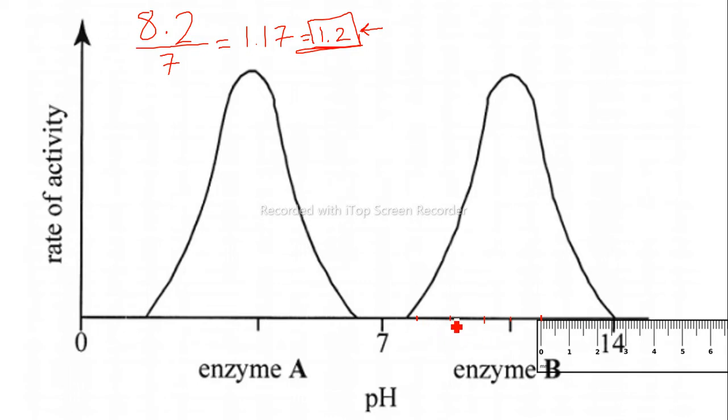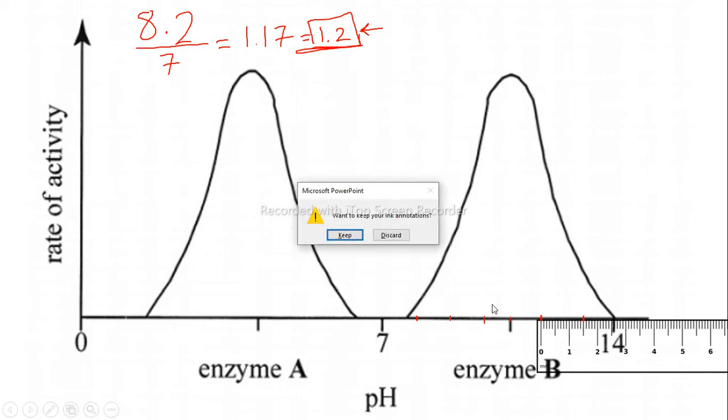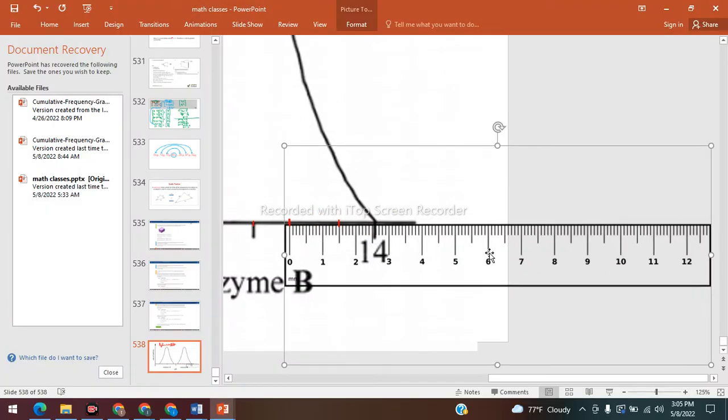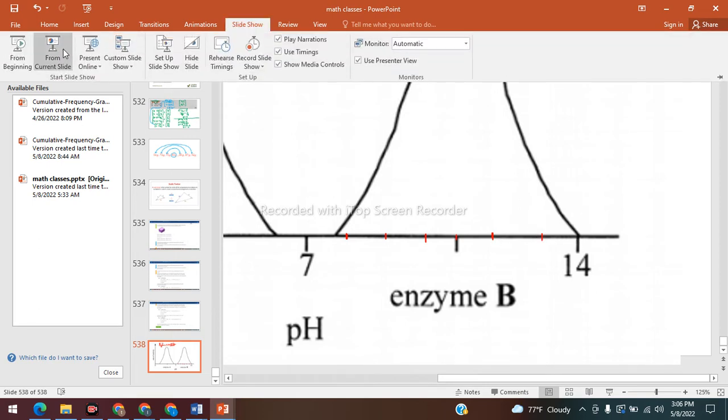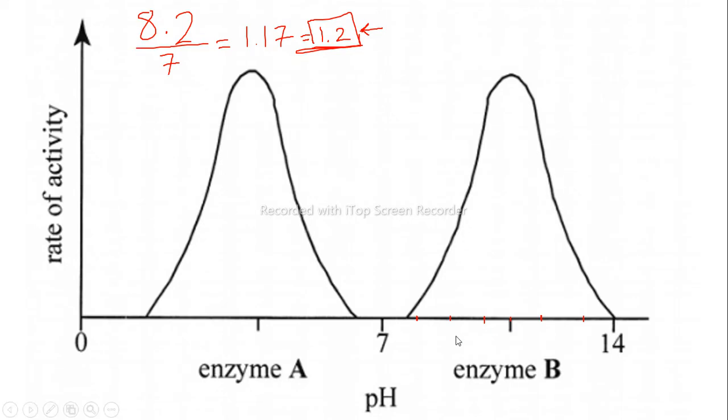So this is 8, 9, 10, 11, 12, 13. So 13 would be like here. Good. Okay, good. So the 7, 8, 9, 10, 11, 12, 13. No, it's 8, 9, 10, 11, 12, 13, 14. Good. So we managed to divide this thing into,